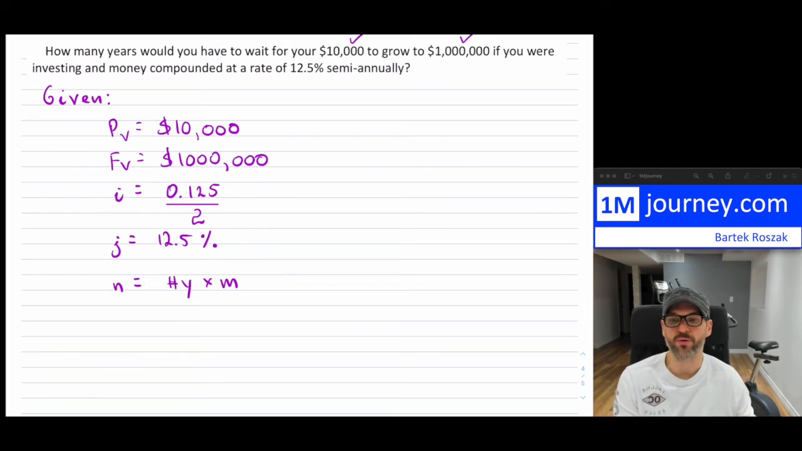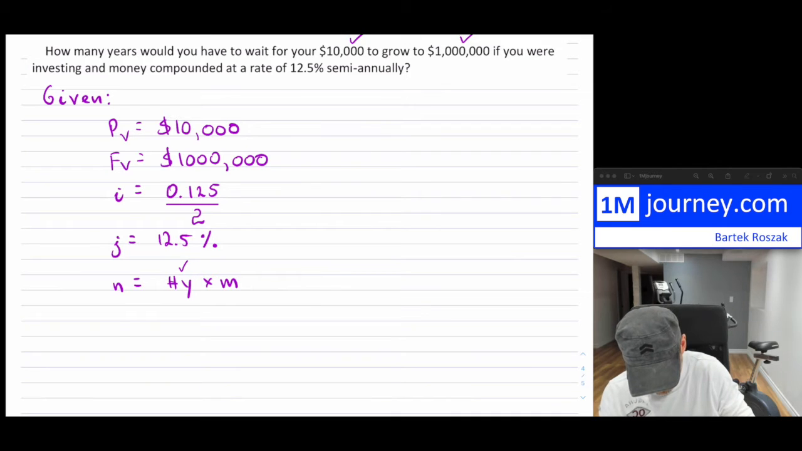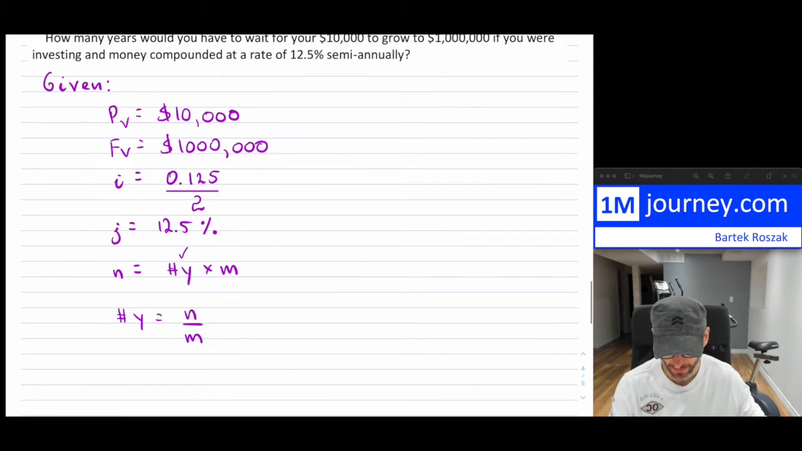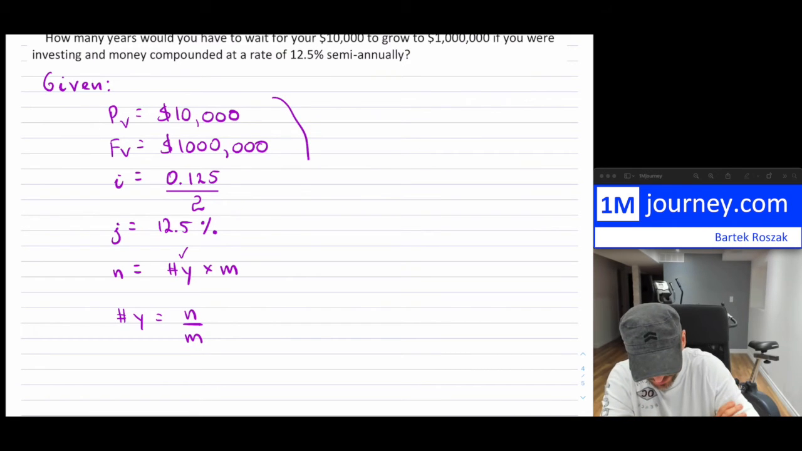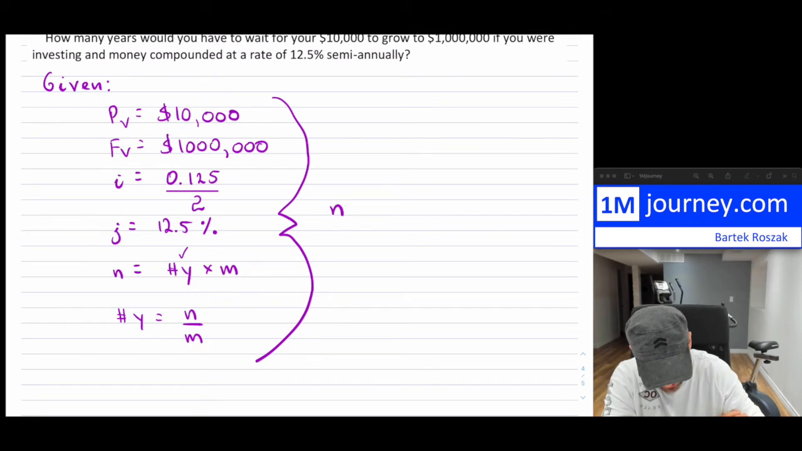Now you can rearrange this formula for number of years, which means you can divide by M on both sides, and you're going to get that number of years is equal to N divided by M, and that's what we're going to be needing. So let's try this, right? So I can first use the formula for N. So the formula for N is equal to